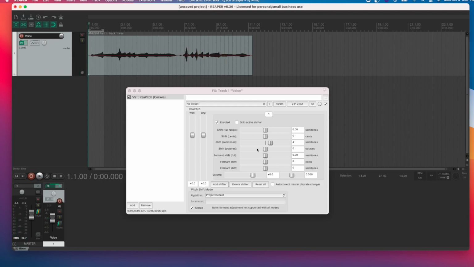Now, you might notice already that even just going up by a major third, the sound of the transposed voice sounds very different, almost like it's a different person singing. So if I solo it, let's take a listen now.